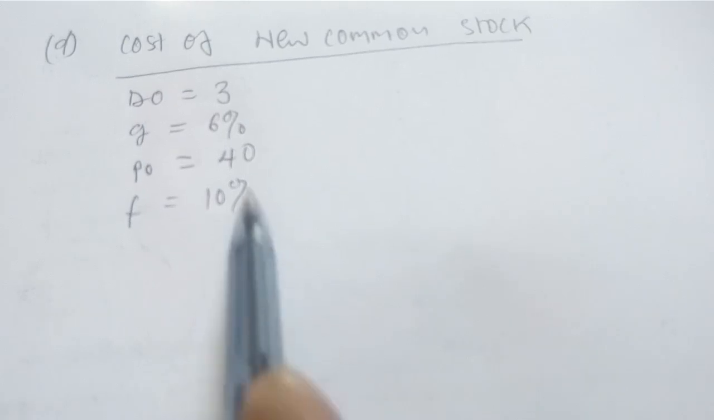We proceed with finding the cost of new common stock. So when new shares are issued, there are some flotation costs which are involved, hence the difference with the cost of internal equity or retained earnings. But the formula still remains the same. We just have to make an adjustment to the price. So now,